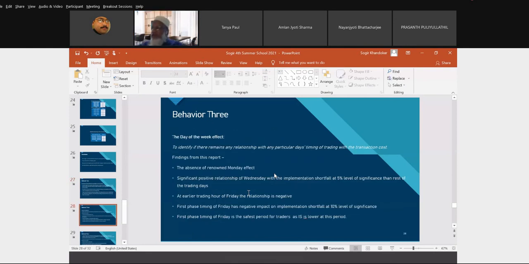We first try to find the weekday on which the investor gets the lowest transaction cost with the maximized return. That means whether a Sunday transaction is favorable to us, that is the opening day. In the USA it is Monday. So is it Monday or Tuesday or Wednesday or Thursday or Friday, which day is favorable to us for transactions?